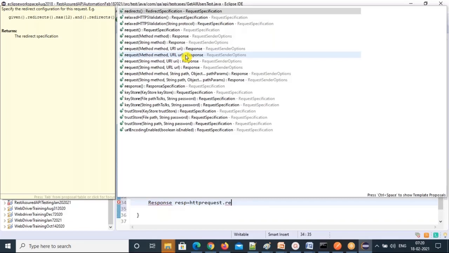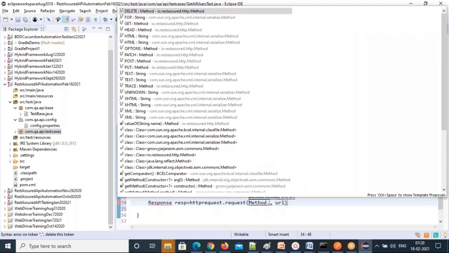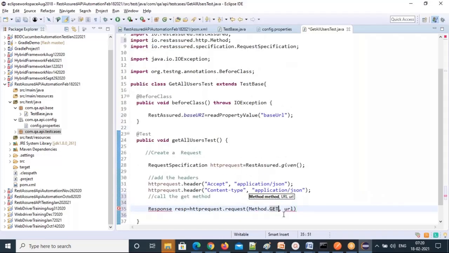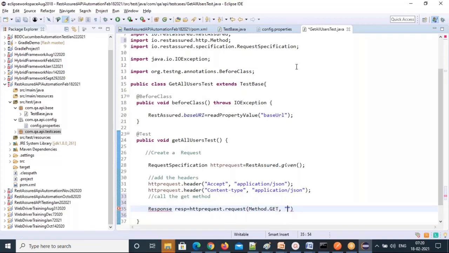Just see that, the request is going to return a response for us. So these are all returning a response here. This is also returning a Response object. So you can give the method, Method.GET. You see that all the methods are showing, get method. And then what is extra? You can give the extra part. Already you have given the base URL here